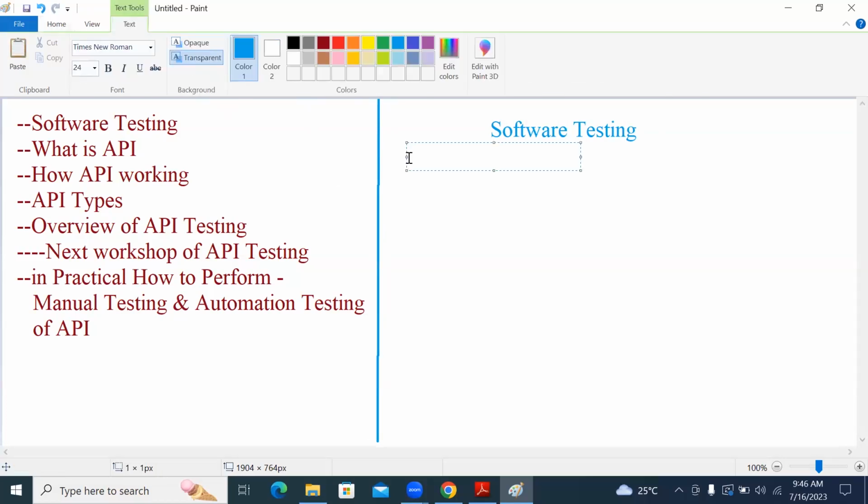According to the IT industry, there are two things: development and testing. In any IT company, it's mandatory that they maintain development activities and testing activities.